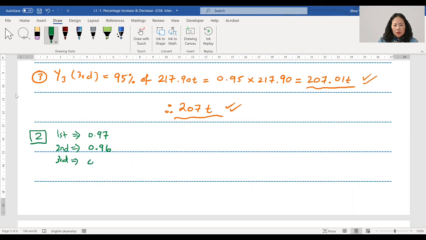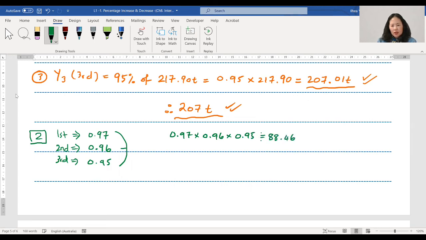So it'll be 0.95 because it's 95%. Okay, so I'm purely going to just use decimals, percentages only. So what I'm going to do is I'm going to go 0.97 times 0.96 times 0.95